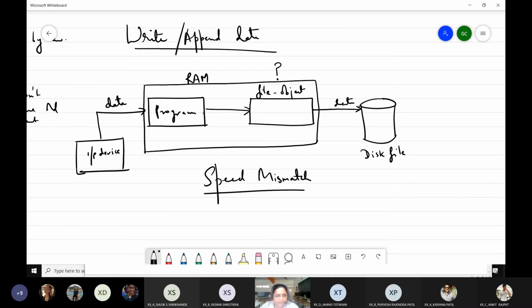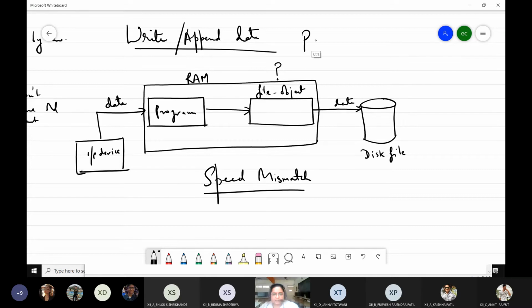So whatever content, first of all, the program will send it to the file object, which is in the RAM. And from there, the data can go at its own speed to the disk file, slowly, and your processor can do some other work. Understood? So this is what happens. So this is writing. So while writing data or appending data, this is the direction, that is program to disk file.